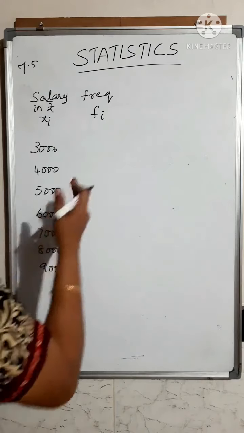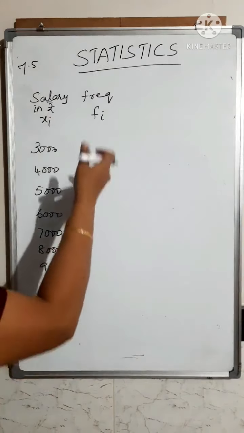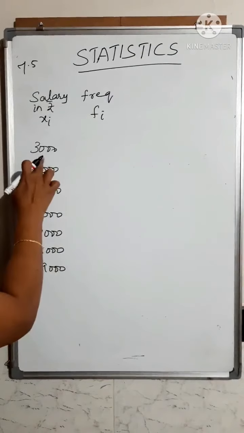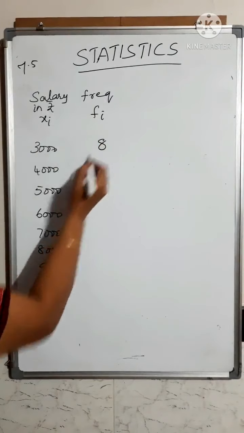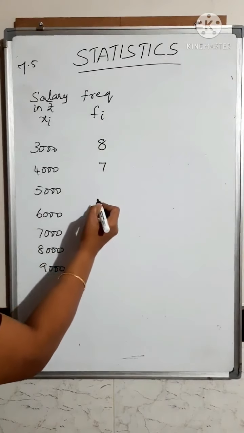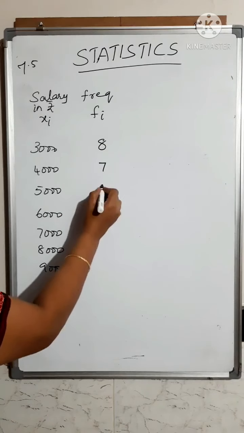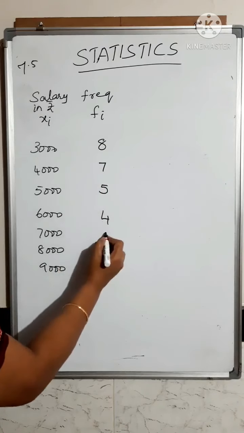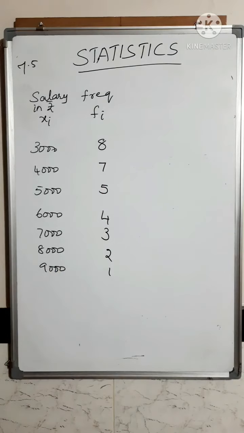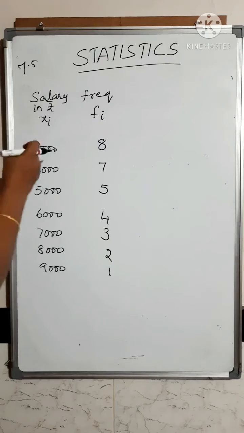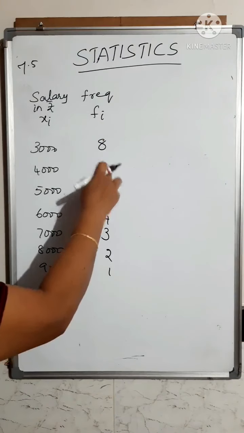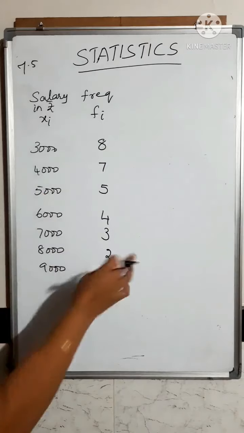Now next, when you are preparing the table, you can put the tally mark and do it. But for the time being, I am not putting the tally mark. I am directly writing the frequency. You are going to count how many 3000s are there. So you have got 8 3000s in the given data. Now next 4000 you have got 7 in number. Then 5000 you have got 5 in number. You have got 4. You have got this as 3. Then you have got 2 and you have got 1. So these are the frequencies that you have got. That is 3000 is repeated 8 times, so I have written it as 8. 4000 is repeated 7 times, so I write it as 7. So like this you have to count how many times it is repeated and write the frequency.